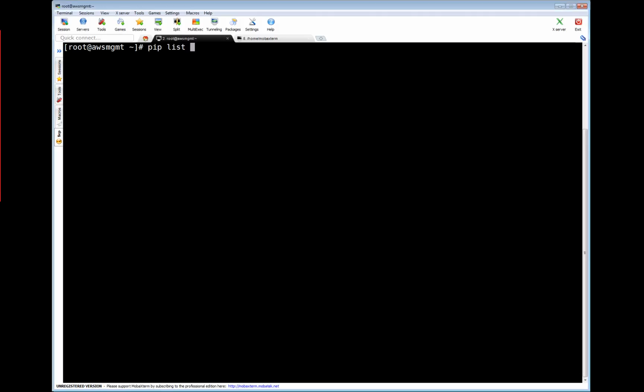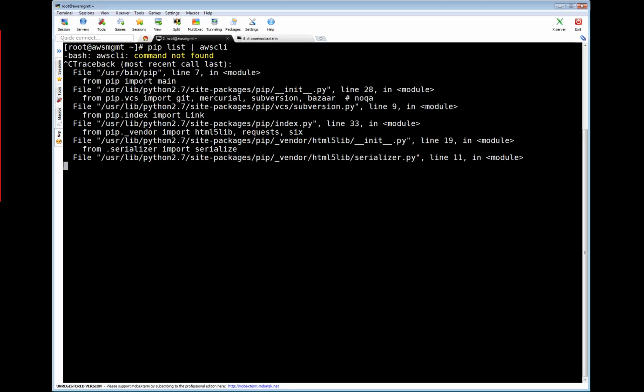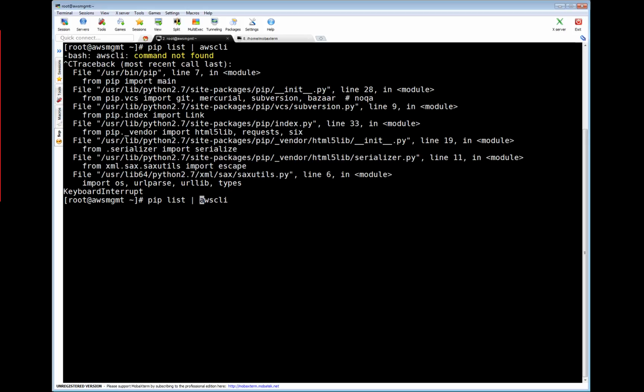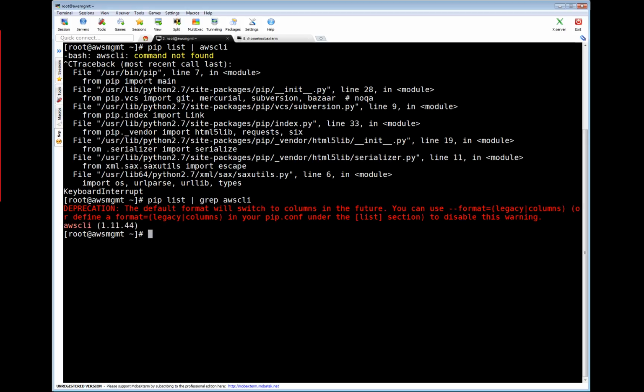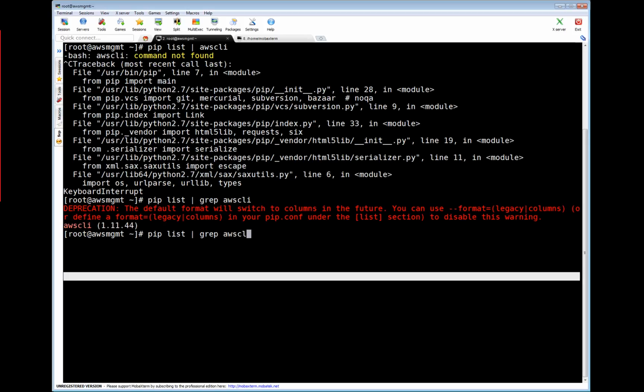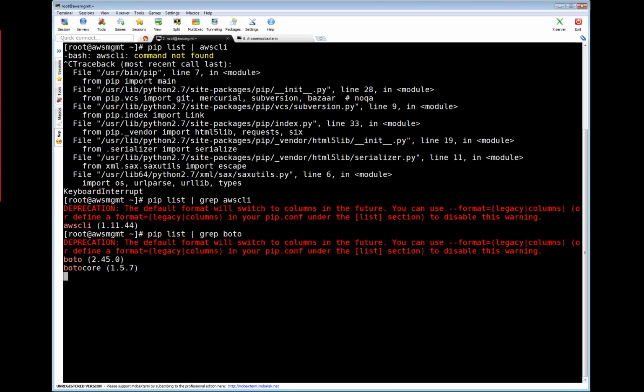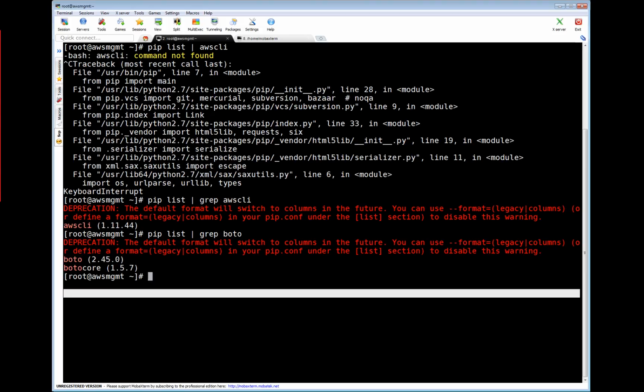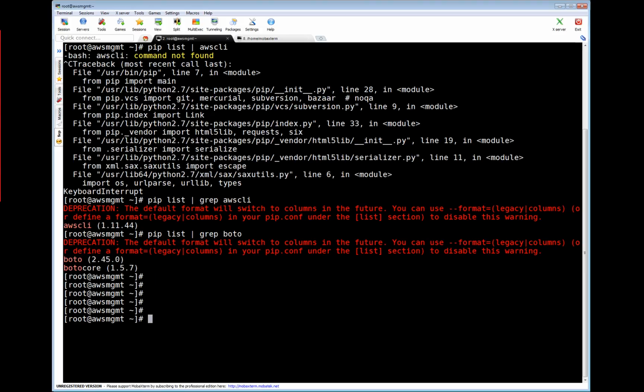You can use pip list and grep for awscli. Sorry, I forgot to put grep here. Okay, you see AWS CLI is installed, and the second required package is Boto, B-O-T-O, that's a Python interface for Amazon. If you see, both packages are installed. Okay, next thing, let's verify the status of regions. aws ec2 describe